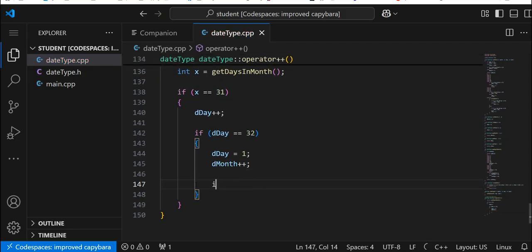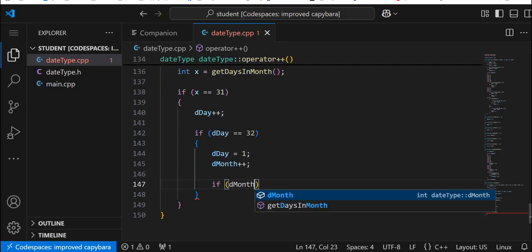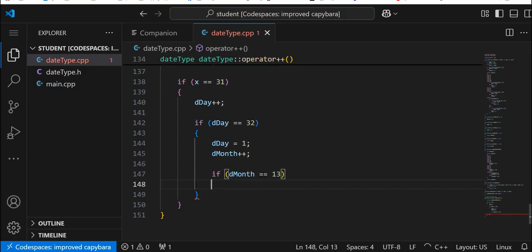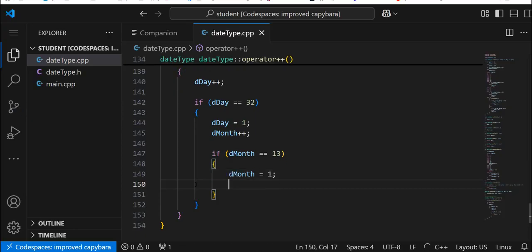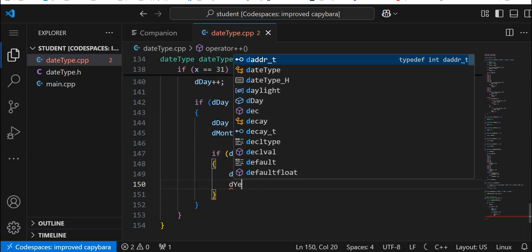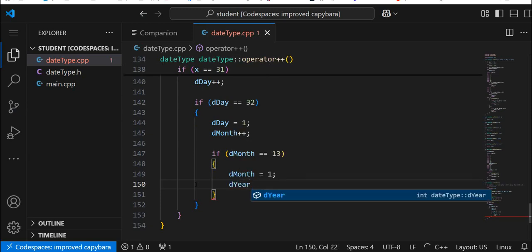And so we go if D-Month is 12 months, so we get 13, brackets. Let's go back to the first month, which is January, equals 1. And then do year and increment the year. Do plus plus. Alright, so